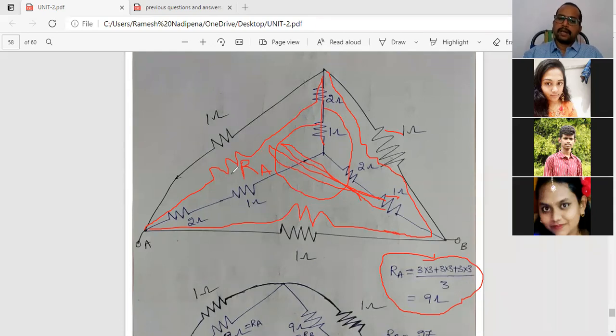But here, when resistors are similar, you can use this relation: delta equals 3 times star. Simple. No need to substitute all these values in the formulas. For finding the delta connected element, 3 times the star value, which is 3. So 3 into 3, 9. You can get the answer directly. Otherwise, you can use this formula. So now the circuit becomes